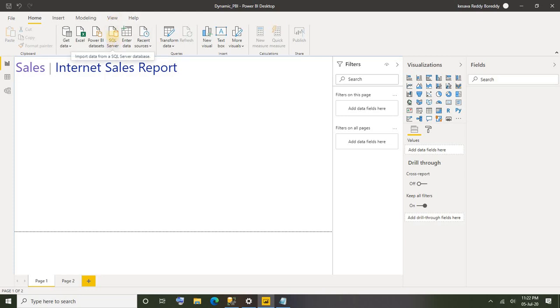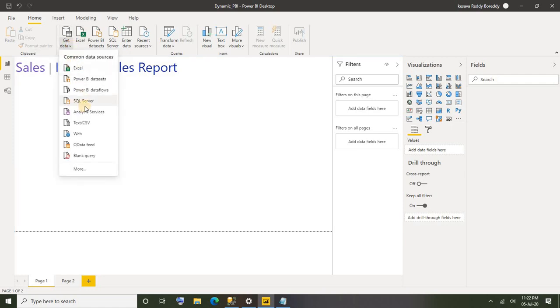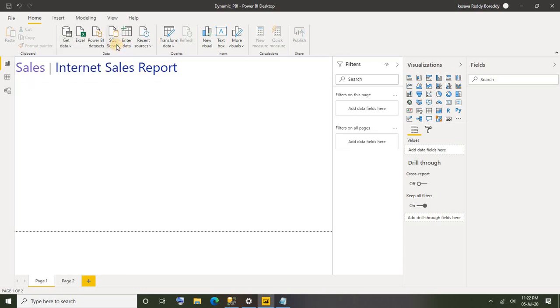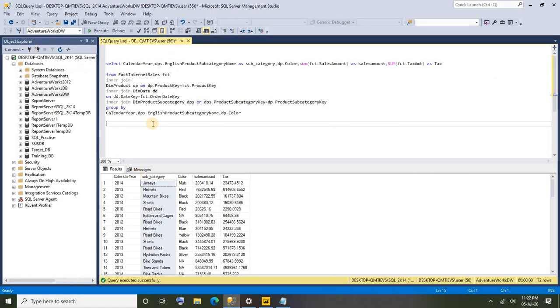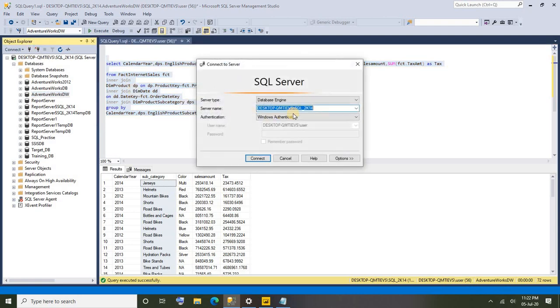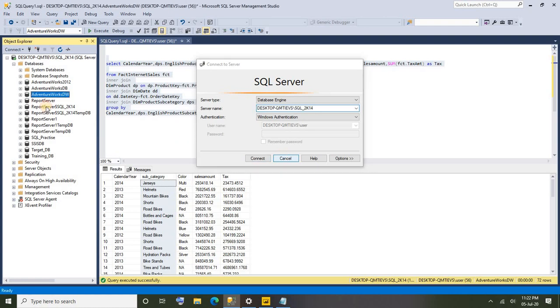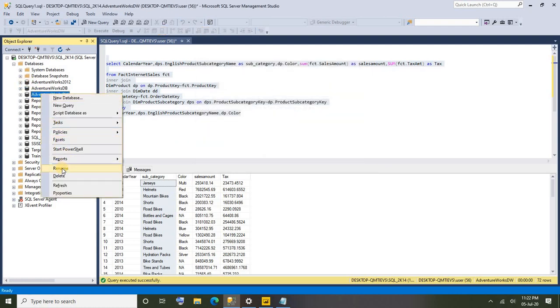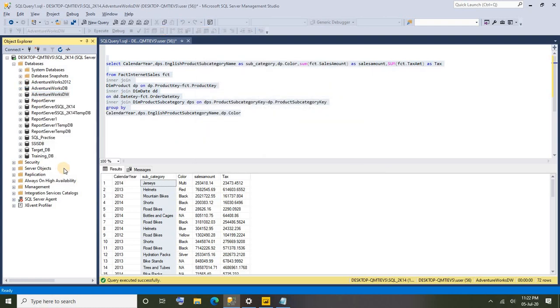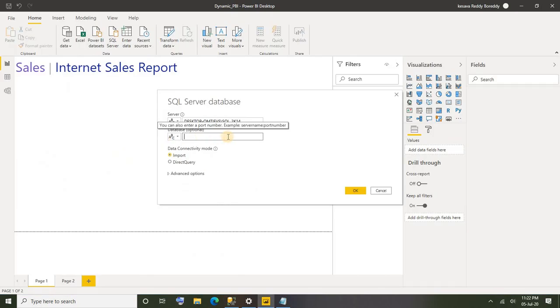On top you can see there is an option to import data from SQL database. Either you can go this way, or you can go to Get Data, and there also you can see this option, import data from SQL database. Let me select either of those options. Let me copy this server name now. We need to pass the server name here, and below we need to pass the database name. Of course it is optional, but if you don't pass it here, we need to pass the database name in the query.